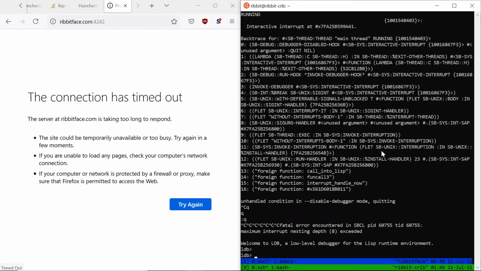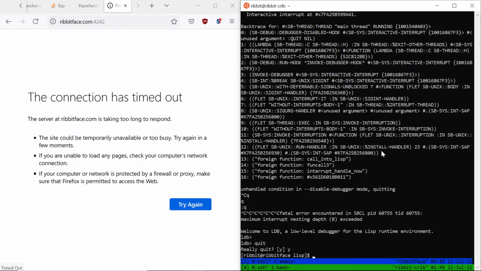Ooh, welcome to LLDB, a low-level debugger for the run environment. Yes, I want to quit, dude. I guess I could still not be kicked out of there even after I did all that. I guess I could have just killed that and come back in here. I was running that outside of Emacs because I wanted it to be more stable when I was trying to do something else. I don't know if I could just run it in here and not care, but